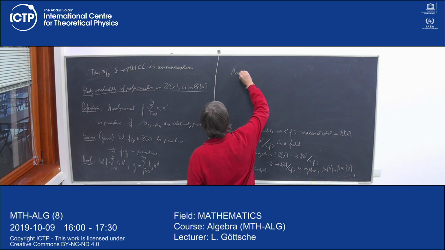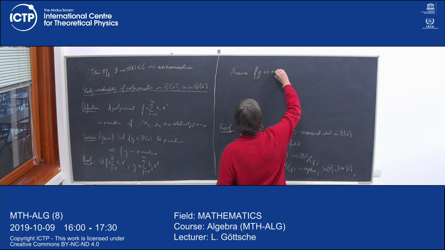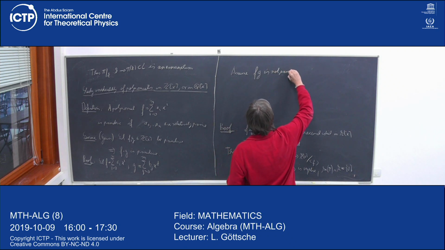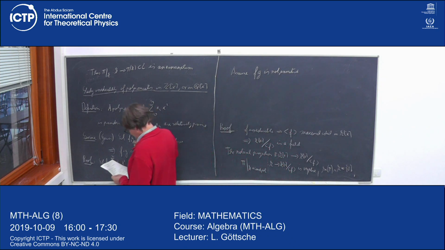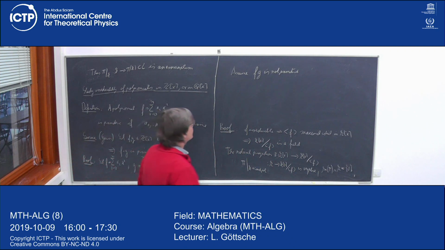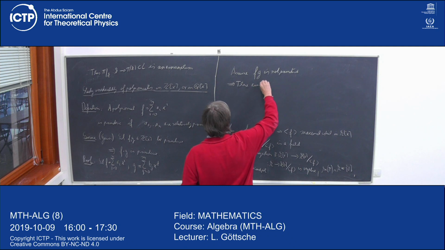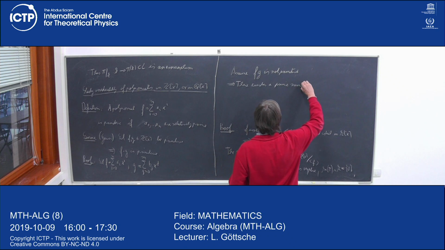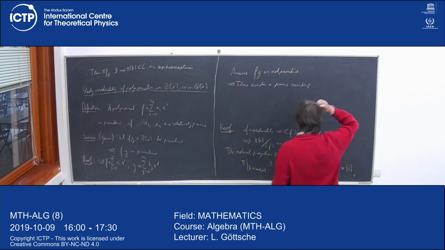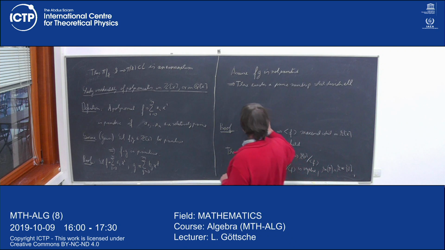So fg is not primitive. So it follows there exists a prime number p which divides all coefficients